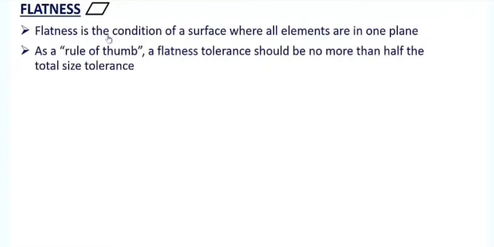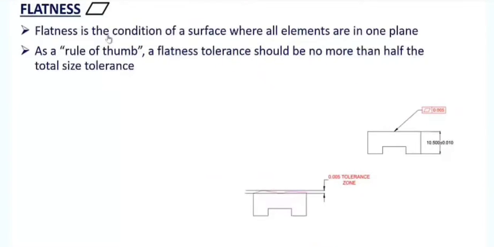The geometric tolerance flatness has a symbol like a parallelogram. So when you have a parallelogram, it says flatness. Flatness is the condition of a surface where all elements are in one plane. So flatness means it should be flat. As a thumb rule, a flatness tolerance should be no more than half of the